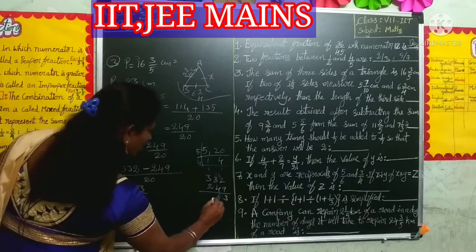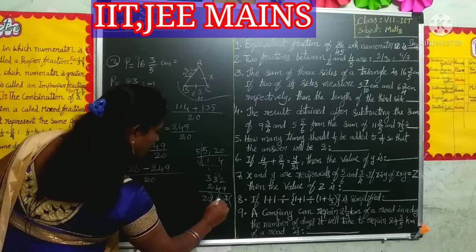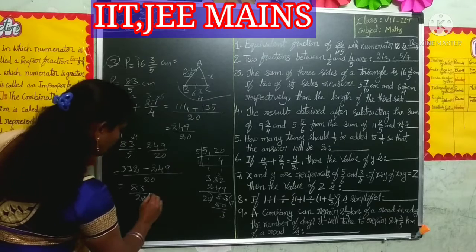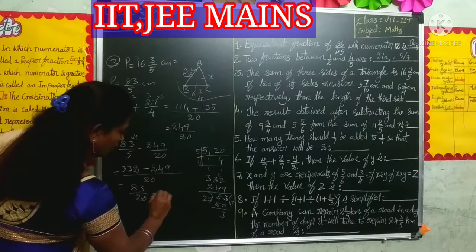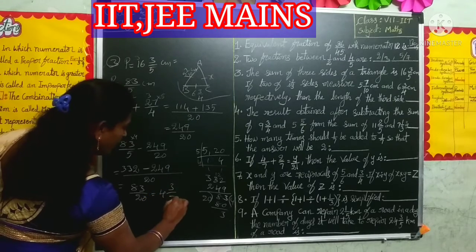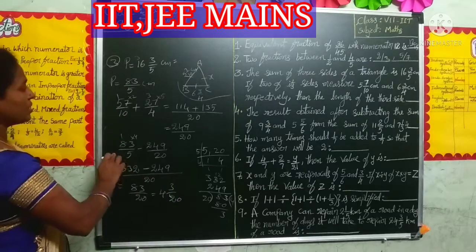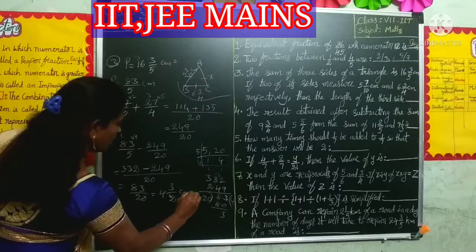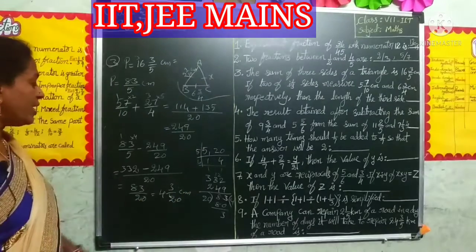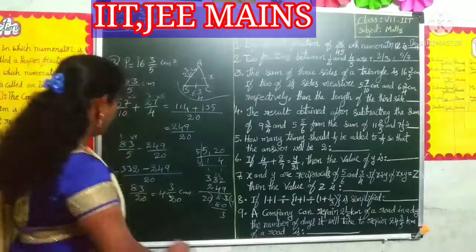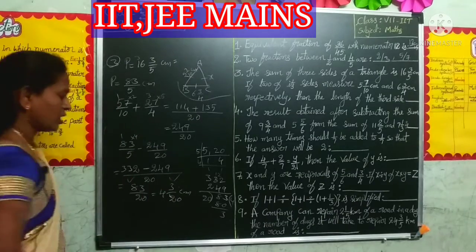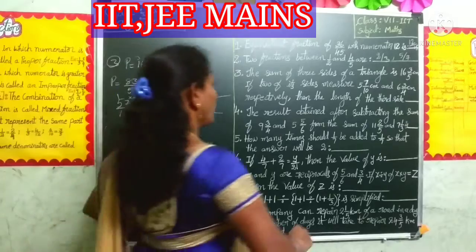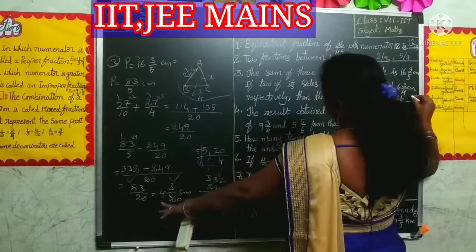Now divide: 20 times 4 is 80 and remainder 3. What is the mixed fraction here? 4 3 by 20. Since the measure is given in centimeters, the answer is 4 3 by 20 centimeters. Maybe they will give this answer or that answer. Anyone they give, choose and give the correct answer. Okay, now what is the answer here?